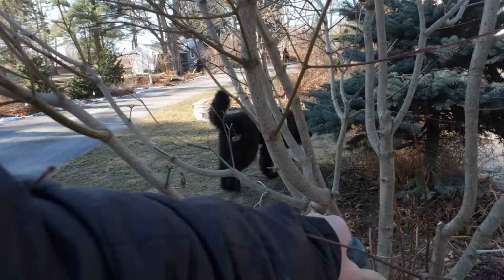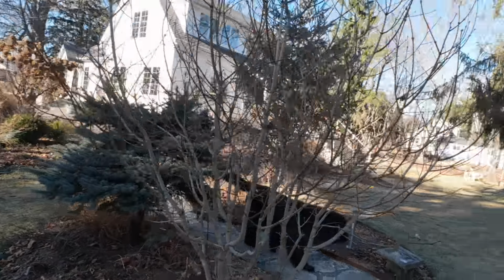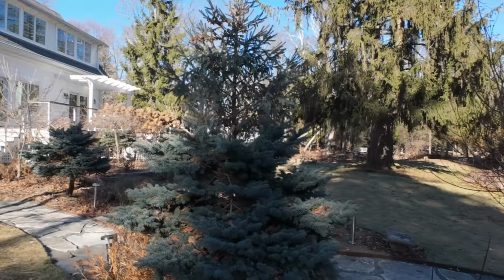I'm just looking right here. I just noticed this branch right here is going the wrong way. I really should get out here and do some pruning. I'm noticing all these things that could use some attention. And then,